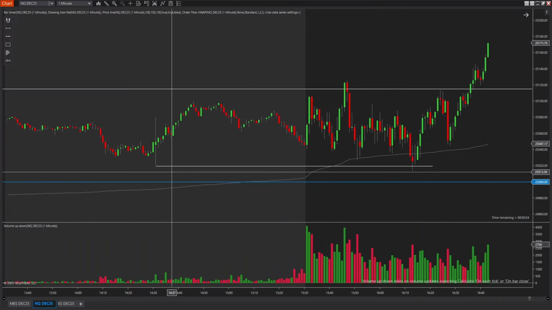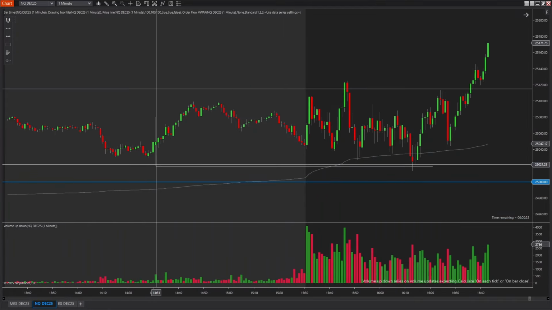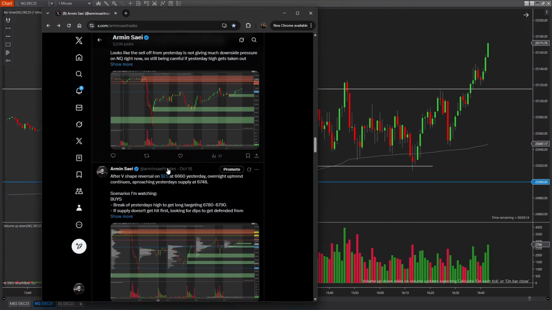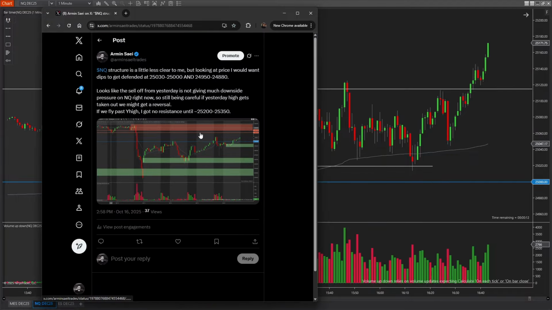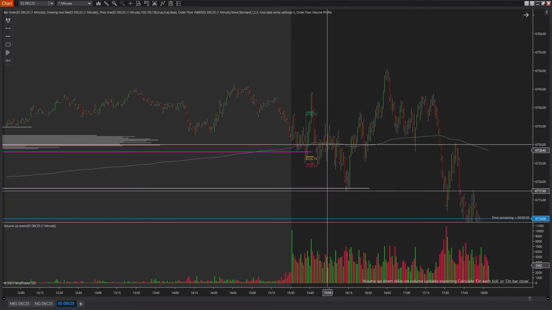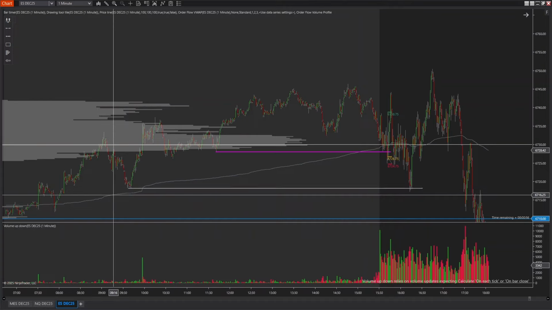And then look at Nasdaq taking out this news wick low, which is also a swing low. And also, I predicted that in my pre-market plan for Nasdaq. I wanted dips to get defended around 25,030 and 25,000. That's exactly what happened. It came right over here in the middle of my zone, took out the wick and flew up from there. So let me show to you right now the confirmation after taking out another swing low